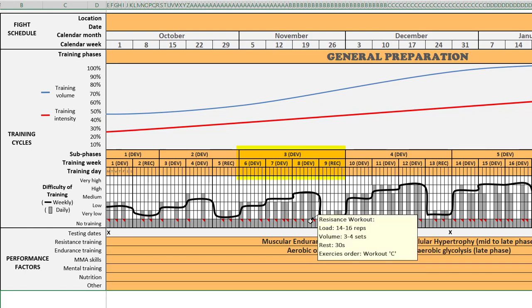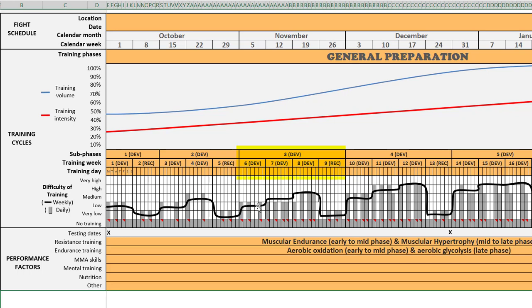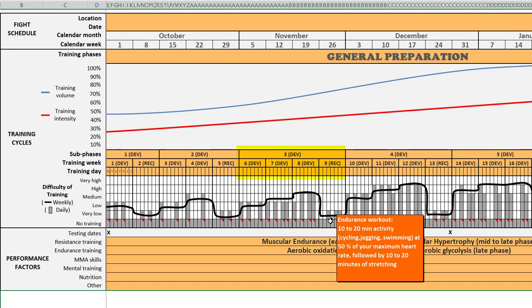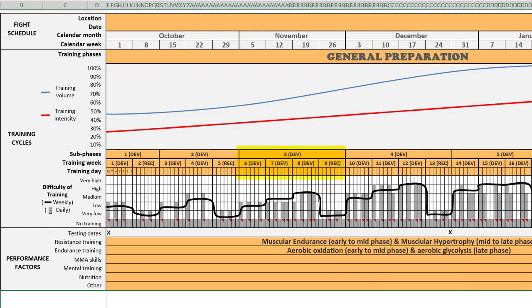And then again, a very similar loading plan. We've increased the number of sets maybe by 1. If we move back here, yeah, so we're at somewhere around 3 to 4 sets. And again, we're at 3 to 4, 5 minutes on, and again, we've decreased the rest here to increase the difficulty. And so in this way, we're slowly and progressively increasing the training difficulty across this subphase, and then we have our same recovery week pattern here with an endurance workout, nice and light. And then we're again focusing on technique with our Olympic lifts, which is going to be pretty important later on.